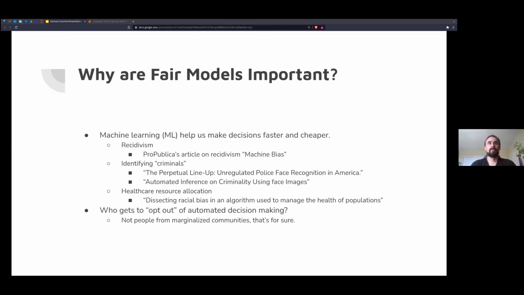And so these are some pretty good examples of, even when you have good intentions of using machine learning to help with healthcare resource allocation, you can have issues with that, especially because in this situation, you're essentially trying to allocate scarce resources. And then you also see examples of identifying criminals and recidivism, where maybe this shouldn't be a process that totally is up to computer systems, because then the question comes up, who gets to opt out of